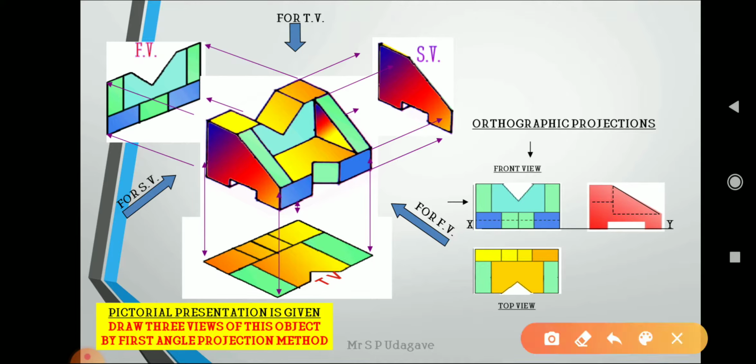In the side view, there is a notch and an internal portion, the invisible portion, and we cannot see the notch and the edge. Similarly, for the triangular portion, we cannot see this vertical and horizontal edge, so it is represented in the side view with dotted lines.